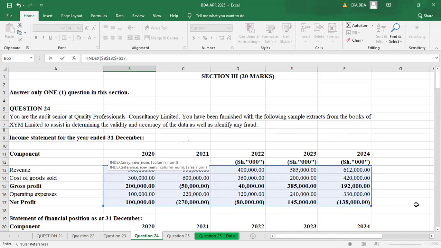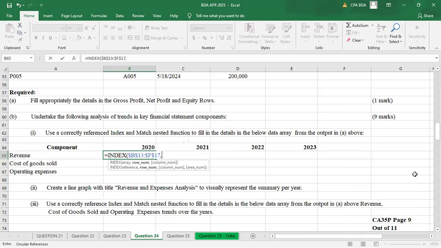Then comma. You just lock once, an absolute reference, a $ sign on each and every item there. The $ sign in front of each and every item on the array so that it is absolutely locked, so it won't move in any position. Then the row number, we are now going to introduce FN F4 on laptop. Okay, lock also the B13. Make sure you have locked everything. B13 to F17, everything has been locked. Then I introduce match,